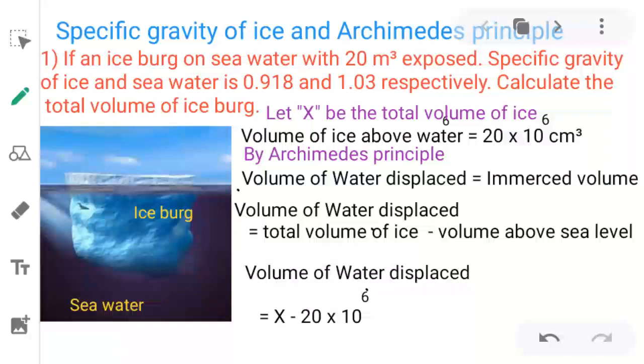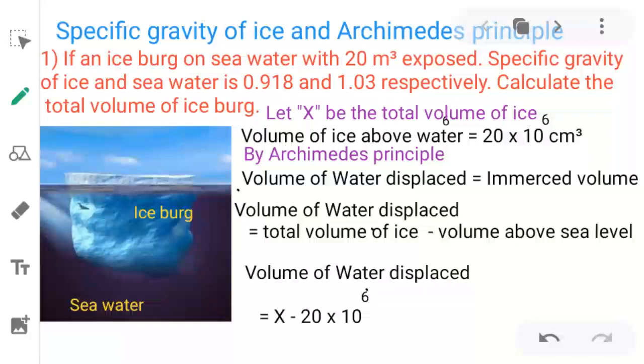Generally the ice is made up of water, but the density of water is more than the density of ice, because while water is solidifying, air bubbles or air pores are formed between the water molecules in the case of ice. Hence, the weight of ice is slightly less than the weight of the water. Hence, the density of ice is slightly less than the density of water. Hence, the ice floats above the water level.